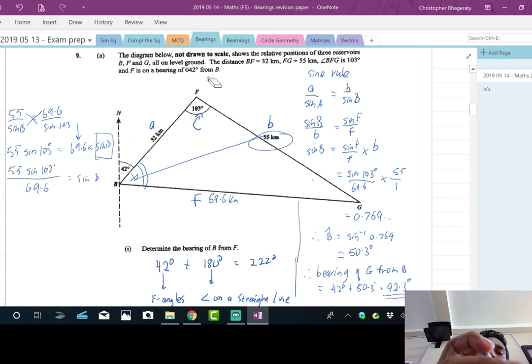So what we're saying is, if you notice, this piece here is like a sideways F. Right? If you have two parallel lines and a line crossing them, these angles are equal to each other, and that's this angle here, this angle here. So this is 42, and then the remainder of this going all the way here is 180. So that's why we have 180 plus 42.